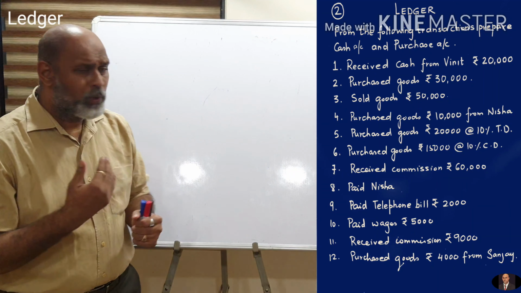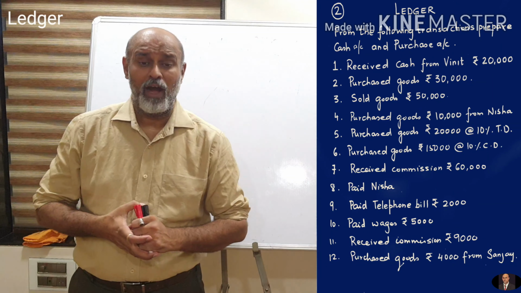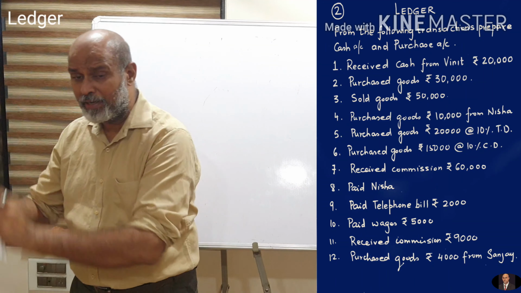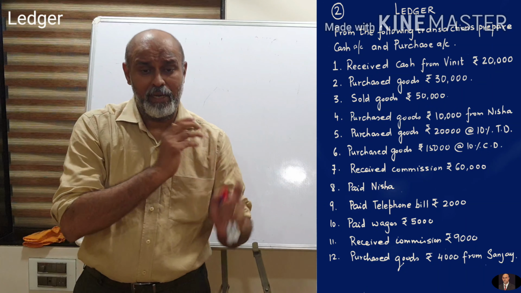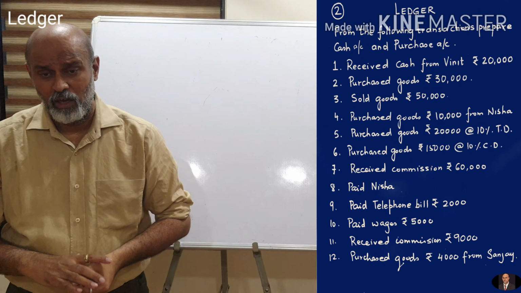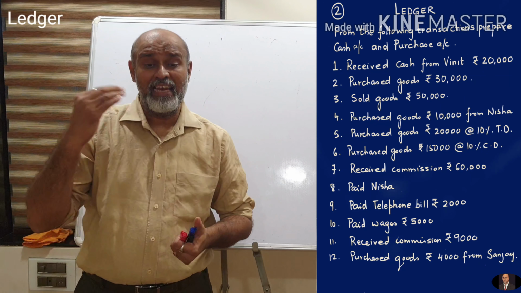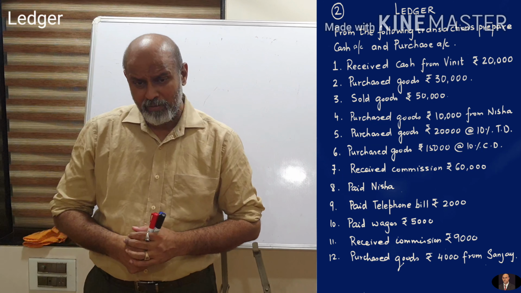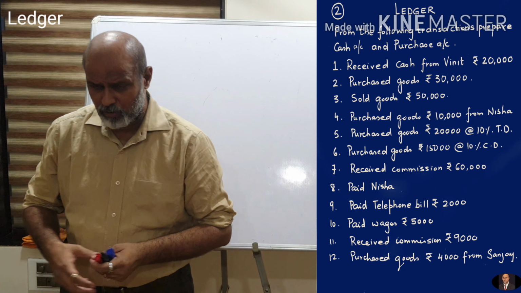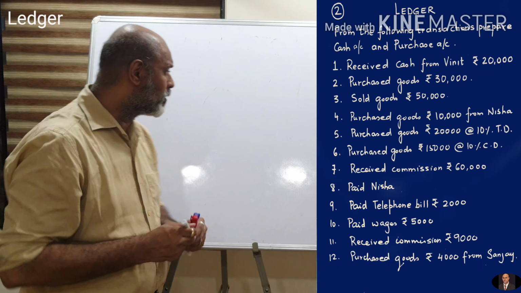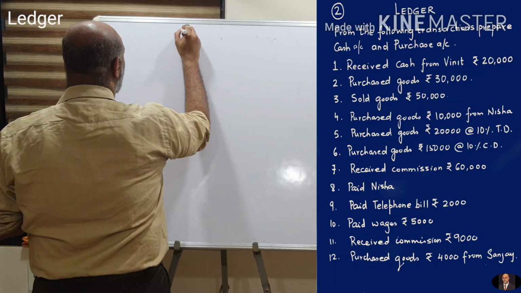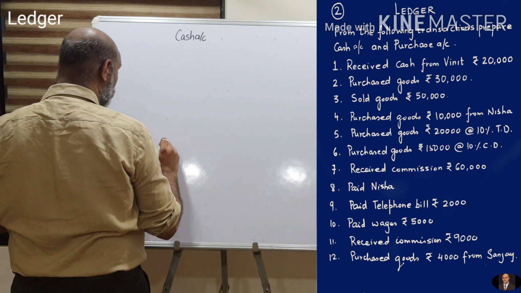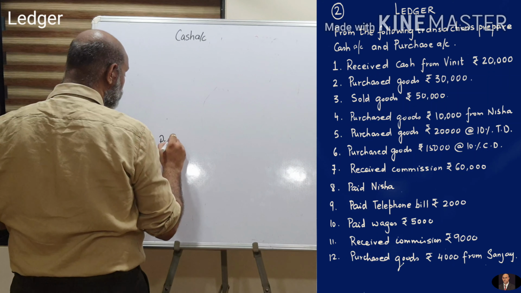First of all, of course, we are going to draw the format. I'm not including the date again. So it is particulars, amount, particulars, amount. The left hand side is a debit side, the right hand side is a credit side. Always analyze the entry and then put the things in the correct place. I'm only going to take two accounts today, that is cash account and purchase account. Fine, I'm going to take up cash account and I'm going to take up purchase account.